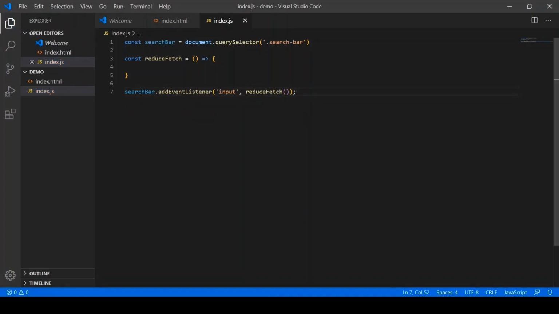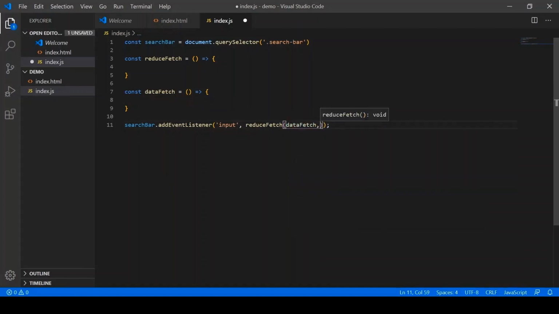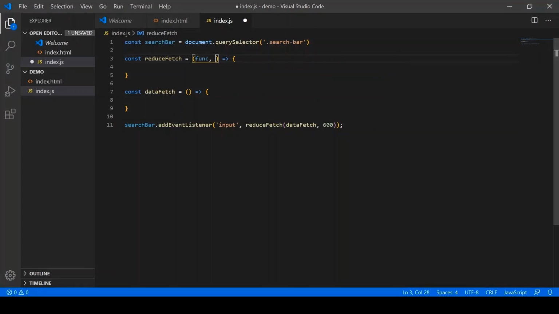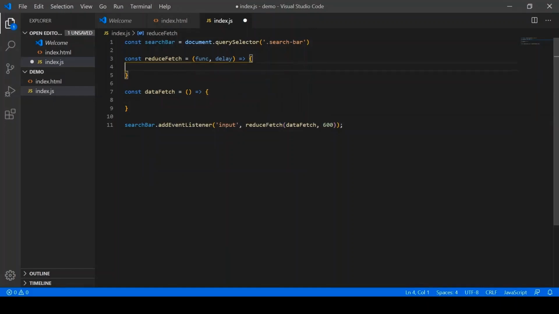And I'll create another function which fetches all the data, and I'll pass this data fetch over here, and I'll pass the delay. I'll accept it as arguments over here, function, delay, and I'll return another function. As this executes a function, I have to return another function. So return